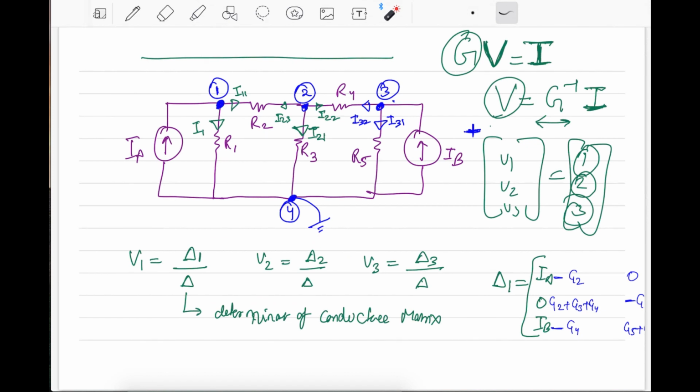Any questions here with this? Sir, here if we want to find V1, then we have to divide the determinant value of delta 1? Yes, the determinant value will be there. I hope everyone knows how to calculate delta 1, delta 2, delta 3. Yes, sir. Right. So then you have to calculate the determinants of all these different matrices, and then you divide, and you will get a specific value of V1, V2, and V3. Okay, sir. Once you have the specific voltages, then your specific currents can be calculated. Okay. So just a second.